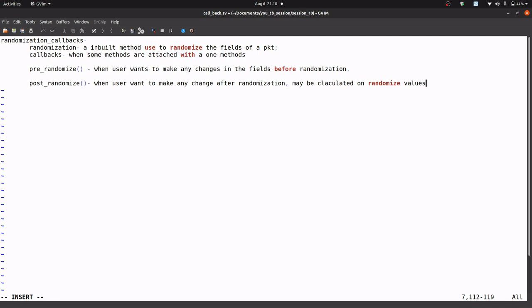Let's see the code to understand these things in depth.